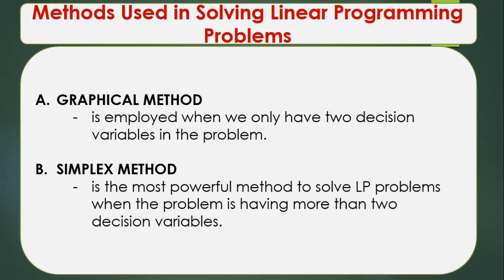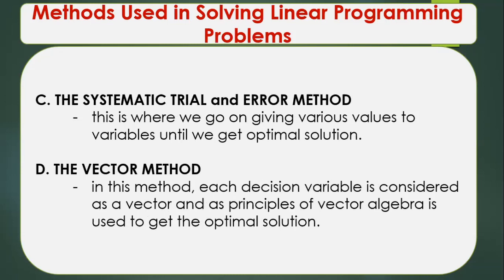The third method is the systematic trial and error method. This is where we keep giving various values to variables until we get the optimal solution. Because of that, this method takes much time and is very laborious,